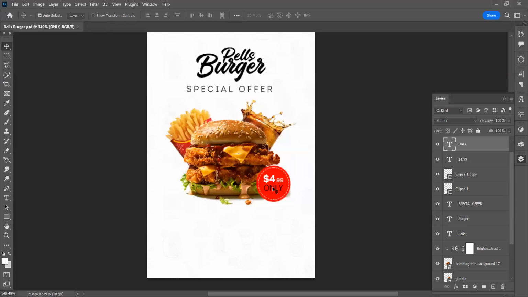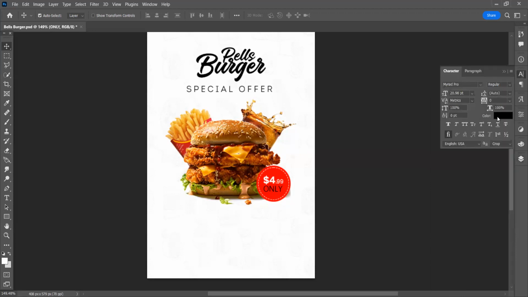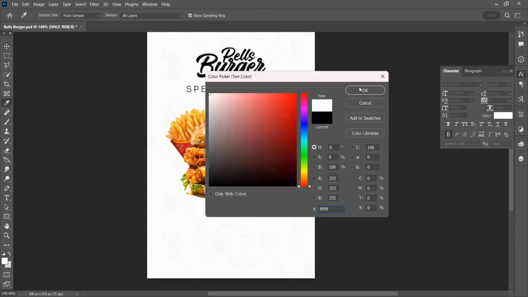Okay, so now let me change this one to white. In fact, I can leave the "only" as black. If I leave it as black, it means I want to make the 4.99 more pronounced, right? But when you change this font to white, we are seeing both at the same time.